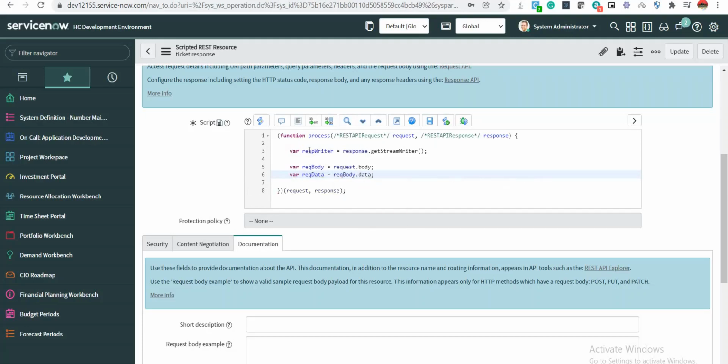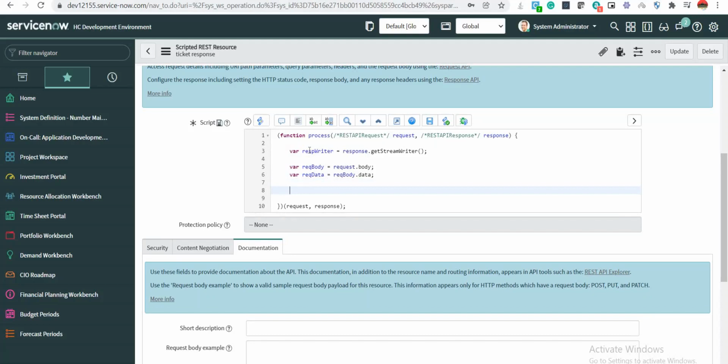So now I have my request body as well as request data. And we can configure the same scripted REST API for multiple different intents and perform each and every function individually by giving if-else conditions. On the 8th line, I'm going to show how to do that. So request data dot